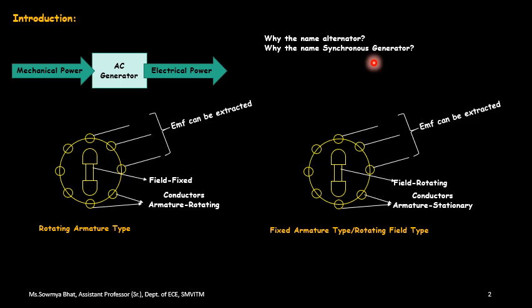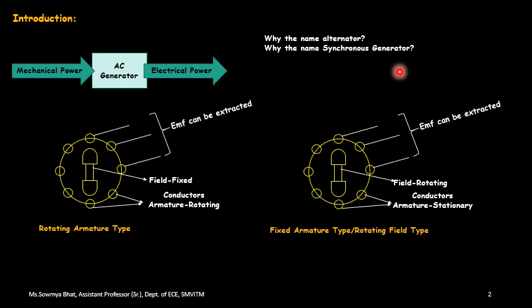Whenever we have an electrical frequency produced in locked condition, in the sense I will explain taking an example of the frequency of 50 or 60 hertz depending upon the component you are going to use. If we have the electrical frequency produced synchronized with the mechanical rate of rotation of the field of the generator, we call such machines synchronous generators. So that's why the name synchronous generators.